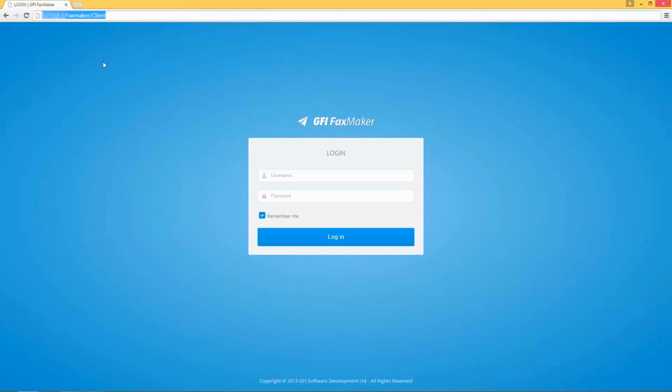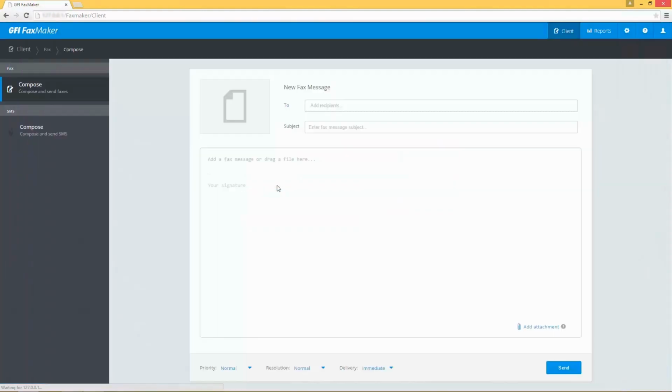Tell me, William, is it possible to send a fax through GFI FaxMaker using a browser? Yes, using the latest version of GFI FaxMaker, we have got a web browser option. So essentially launch your web browser, enter the IP address of the FaxMaker machine /FaxMaker/client, and you can log in using the credentials which your administrator has provided you with. Once you're logged in, you've got a very familiar web looking